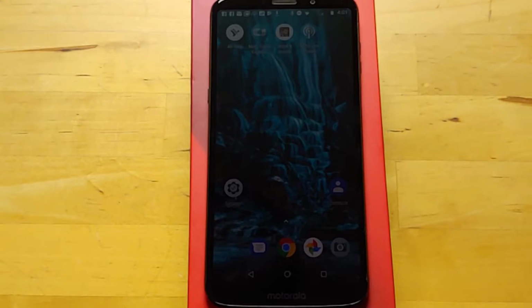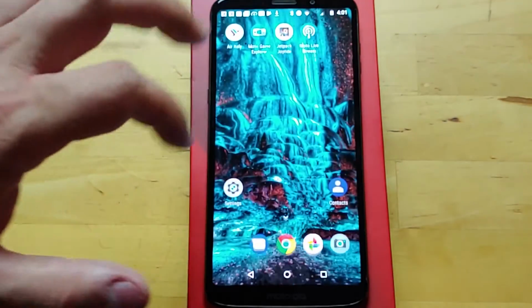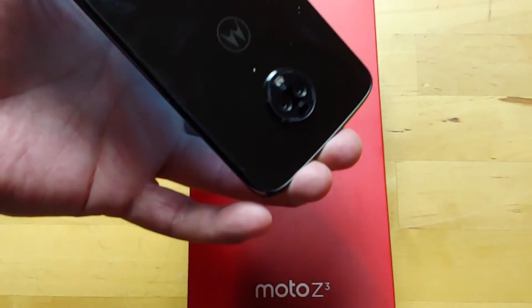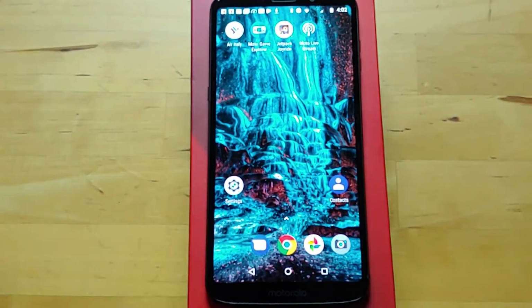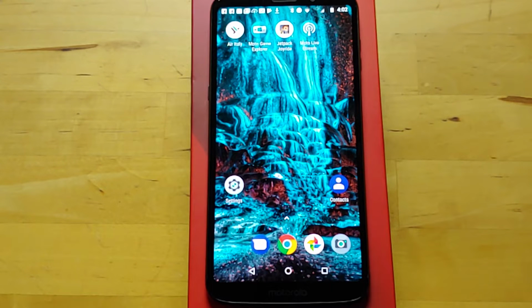So internally, it's a Moto Z2 Force. It's got a Snapdragon 835 chipset. I know, and it has dual 12 megapixel cameras on the back, where the Play was 12 megapixels and 5 megapixels on the dual camera. All right, so not very exciting. However, they're selling it for $480. They didn't announce any new camera features. It's got the same ones as the Z3 Play, like Cinemagraph, spot color, selective focus, selective black and white, and stuff like that. So the value proposition is that while it's exclusive to Verizon, it only costs $480 or $20